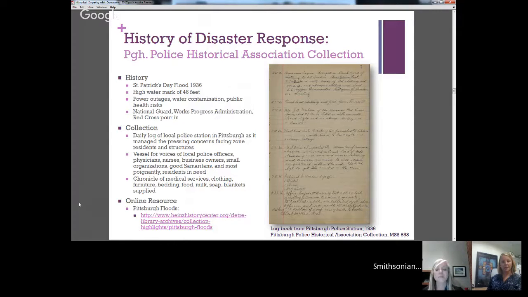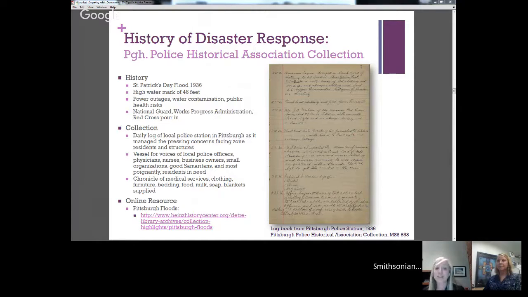And then on March 17th and 18th, there were unusually high temperatures for the season at the time. That meant a lot of this snow and ice melted, and it caused a horrendous flood in the city, in fact, the biggest flood in our city's history. As you can see on the slide, the high water mark was 46 feet, which is a feat of imagination to try to really conceptualize, of our downtown area experiencing that much of a flood of